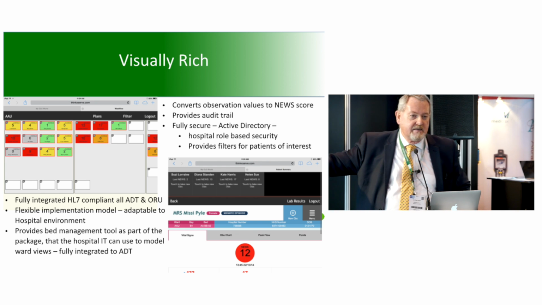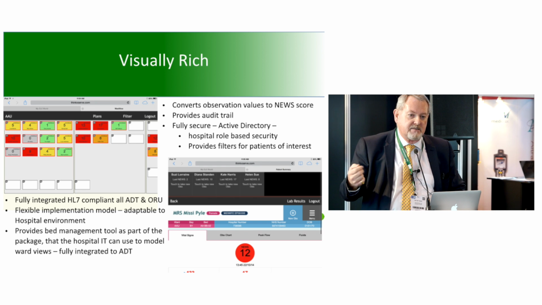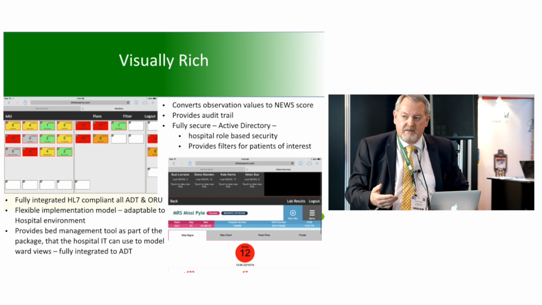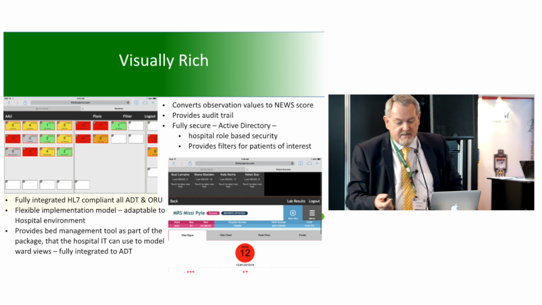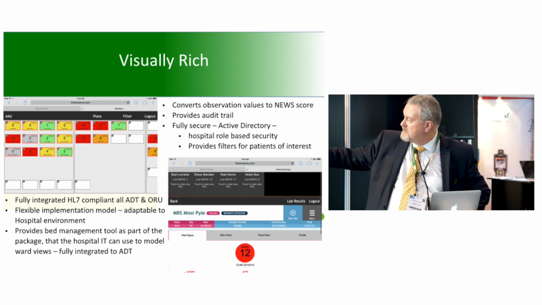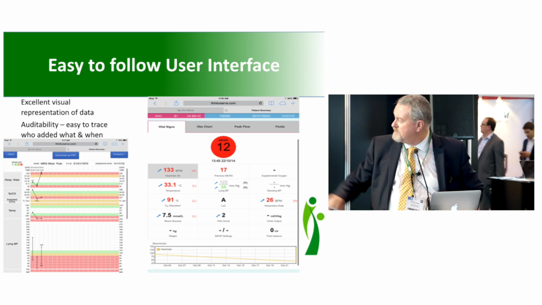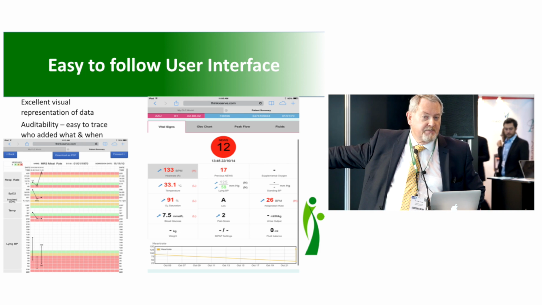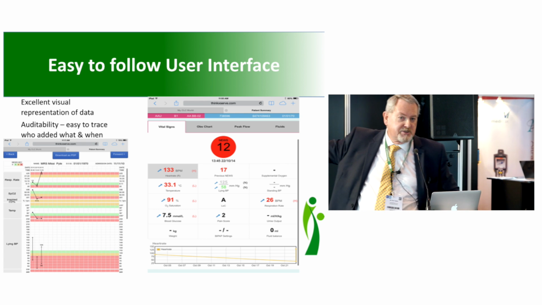Once they've named all of those bays and beds and saved it into the database, it auto-populates with the patient information. So it's got the demographics, it's got their names, it's got details. And once they then touch on that bed, they can drill down into more of a summary view of what the patient observations are, what the last obs were, and then they can even go into a chart view, which